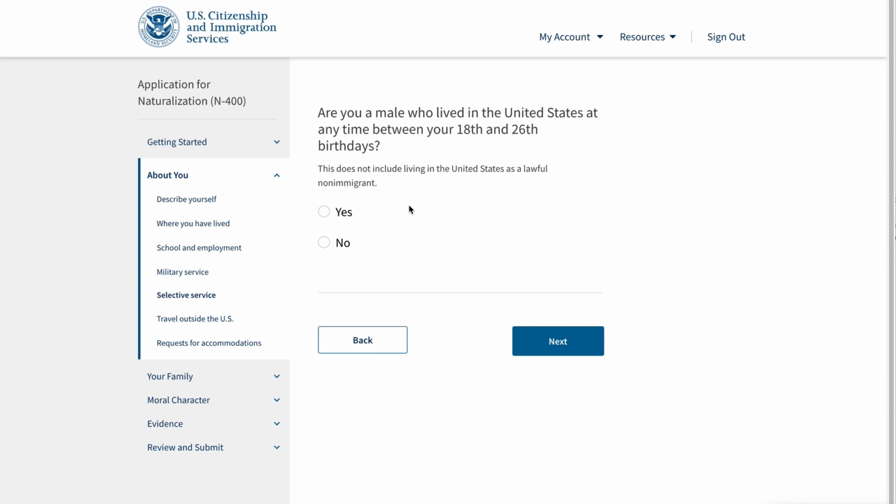But as it mentioned, this does not include living in the United States as a lawful non-immigrant. So if you have been a legal permanent resident and you have been living in the United States between your 18th and 26th birthday, then you need to register and show the proof at the interview of the US Selective Service, which is basically a draft